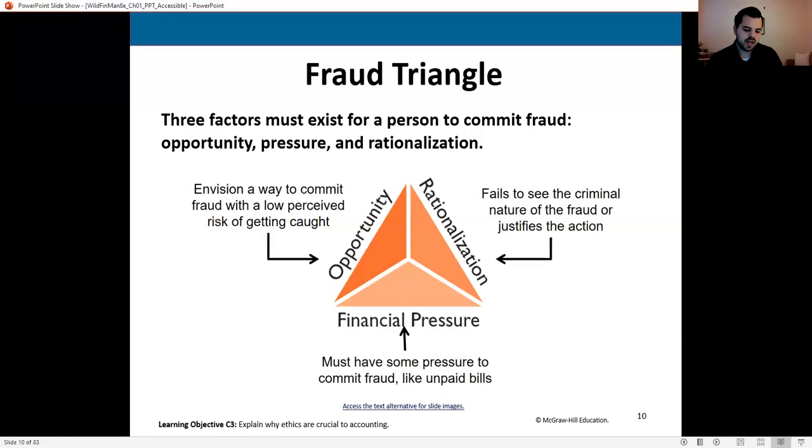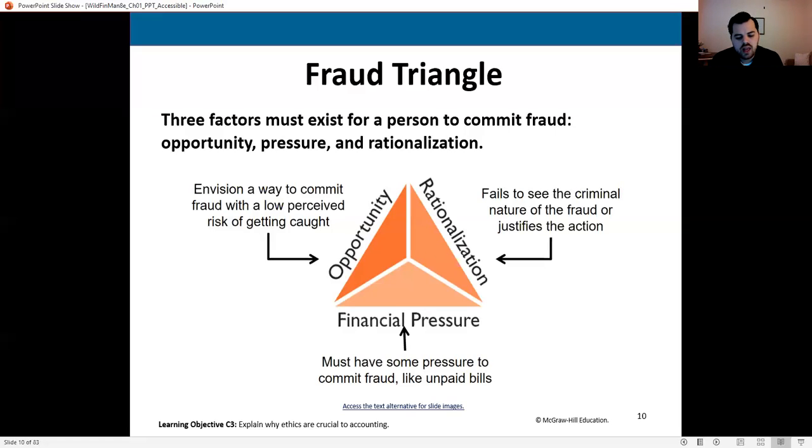Now, the next side of this is perhaps financial pressure. So I'm going to run this counterclockwise because I think it makes more sense in that order. So the next thing is financial pressure. So I've got the opportunity, but if I'm well off, if I don't need the money, I may not even decide to steal this, right? I know I could get away with it. The opportunity is certainly there, but I don't have any needs, really. Everything I need I've got, everything I want I have. There's no incentive for me to steal this.